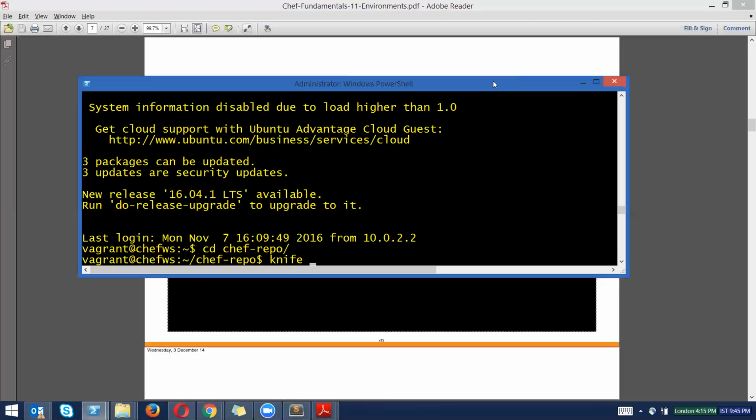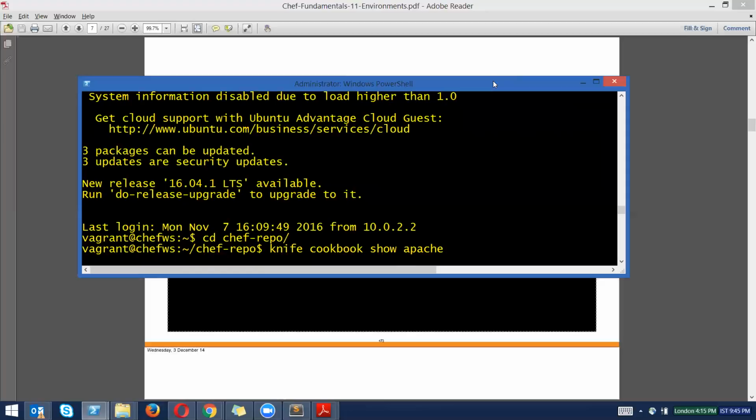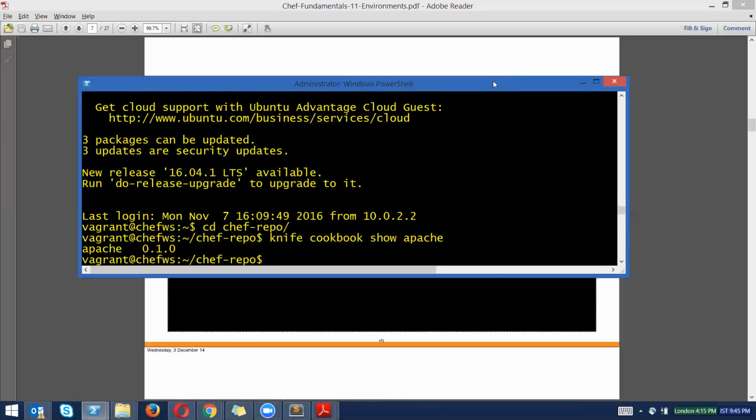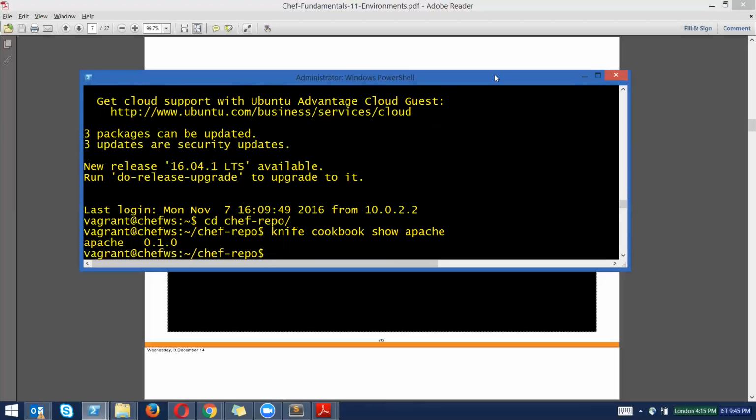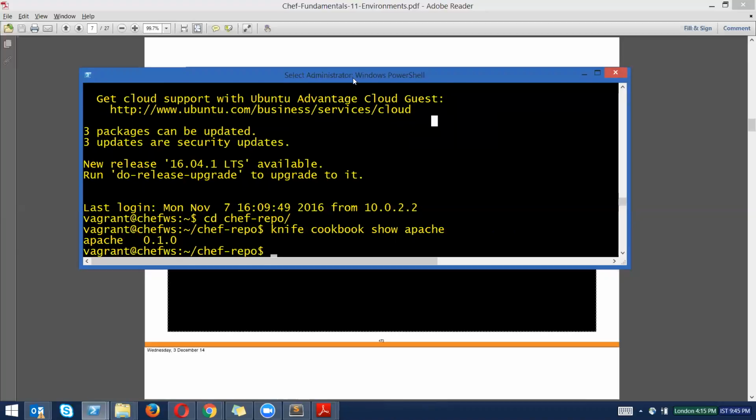Starting live, knife cookbook show Apache. Let's see what it shows us. As of now, I have an Apache cookbook, and there's only one version of it, as you can see on the screen, right? What I can do now is